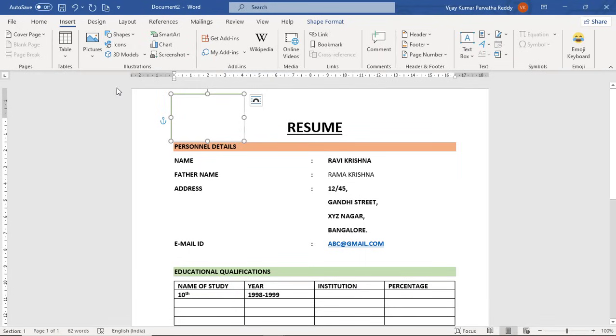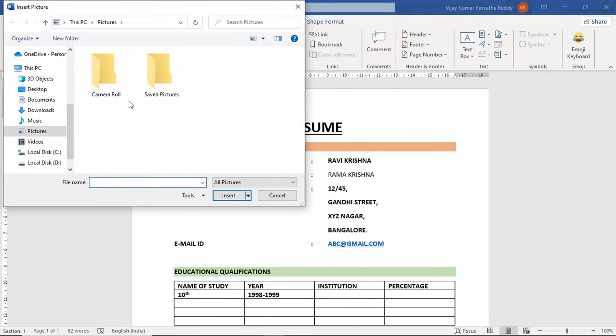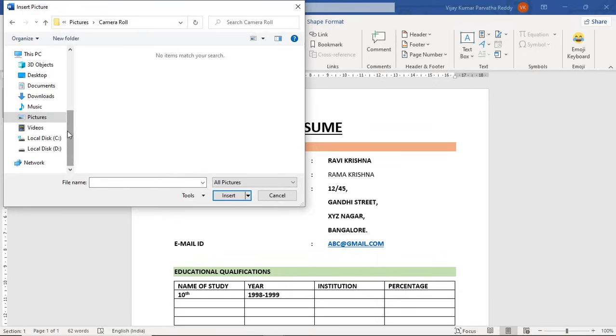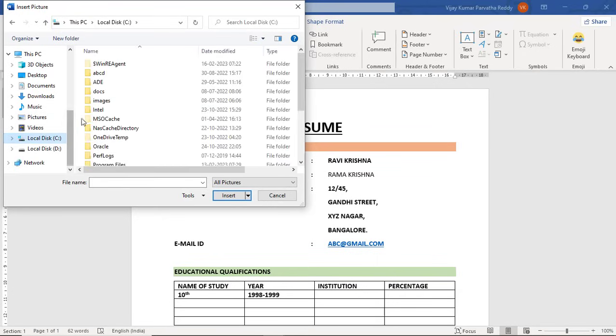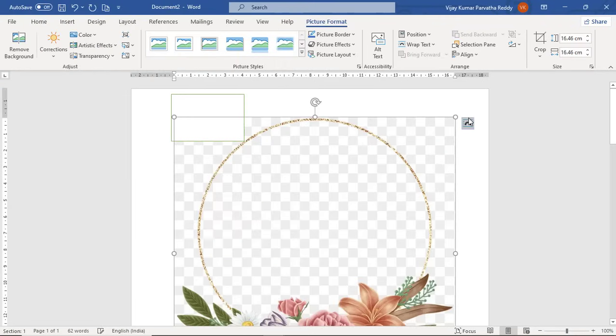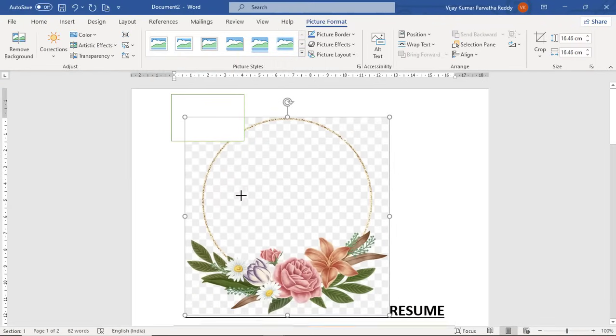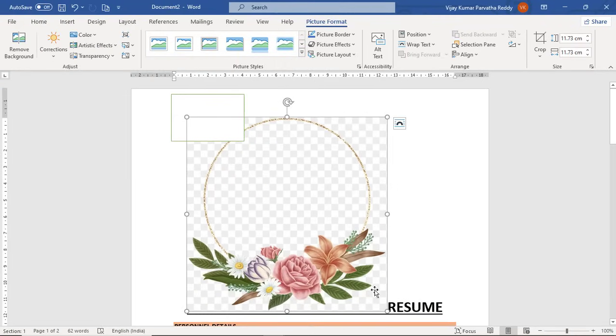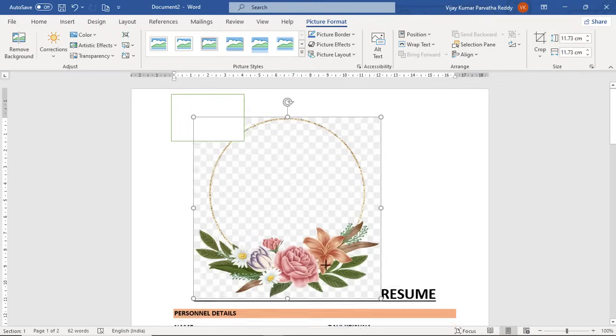So select something, pictures if available. Suppose saved pictures is not there and camera roll has no picture at all. Suppose in images I am having some picture, and